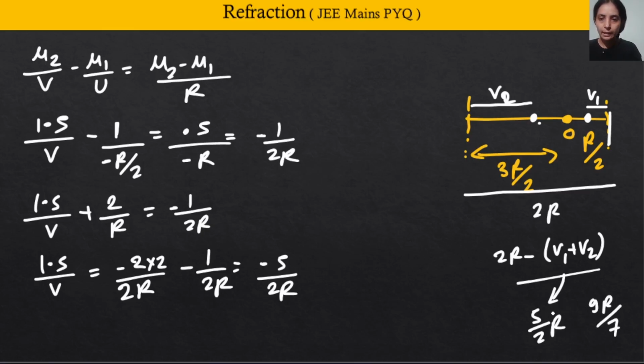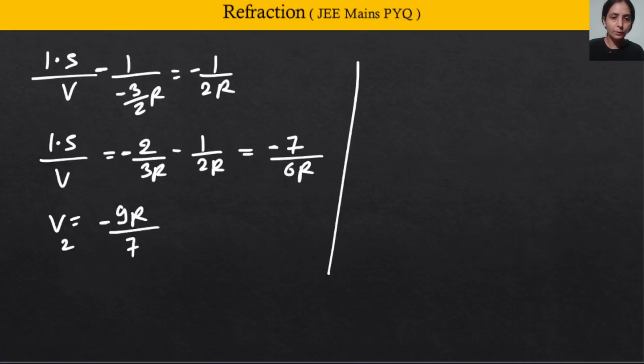No no no no, this is not 5/2, यहाँ पे मैंने multiply नहीं किया यार, let us write for that, 1.5/v equal to -5/2r, 1.5 into 2 करोगे ना, v will become 1.5 into 2, 3 होगा, so this is 3r/5, sorry, this is 3r/5, so 3r/5 को आप क्या लिख सकते हो, 0.6r, 9r/7 को आप क्या लिख सकते हो, देखो एक है तुम्हारा 0.6r plus 9r/7,